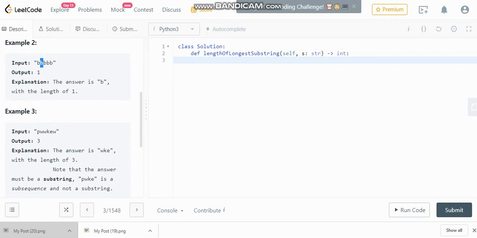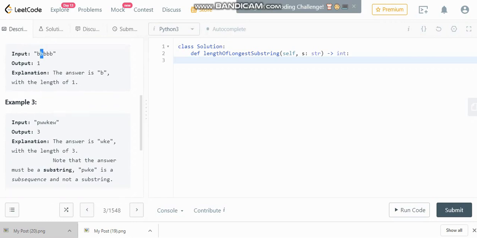If you look closely, what will be the longest substring over here? It is WKE, because PW and then there is another W, so it is a repeating character, we cannot take that. WW is a repeating character, we cannot take that. So continuously we have WKE, then again W is coming, so that is why we cannot take that. So this is all this problem states.